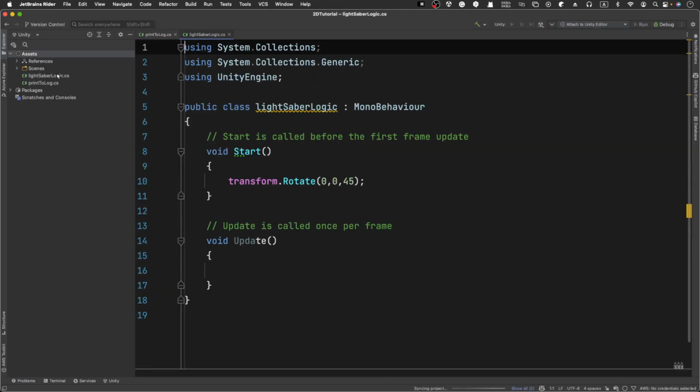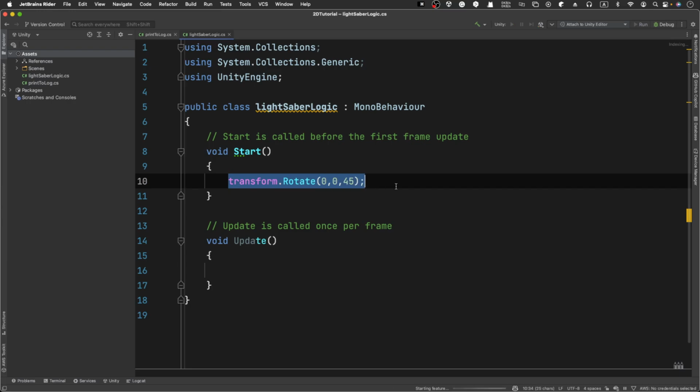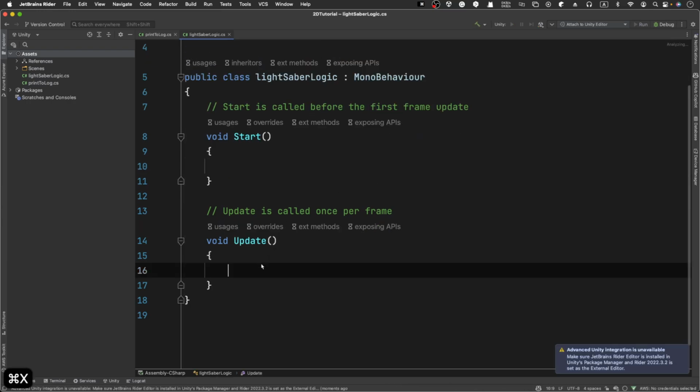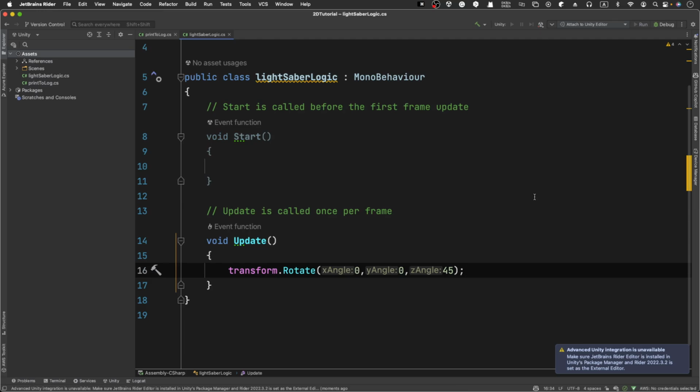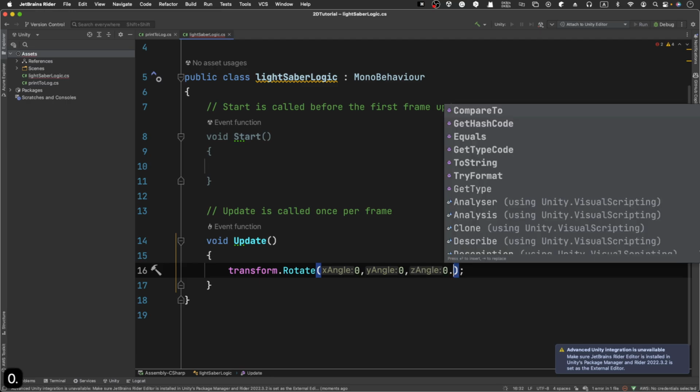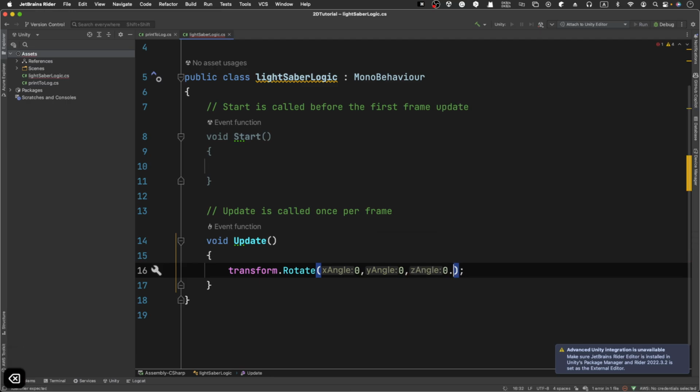So for example, in the lightsaber logic, instead of using Start, I'm going to use Update, so it updates frame by frame, and decrease this to a small number, for example 0.1, and maybe that's too small, so 0.5. And of course, because this is a fraction, you need to add an f. That's how things go. If you have an integer, you can just write that. If you have a fraction, you just add an f at the end of it. And once you've saved it,